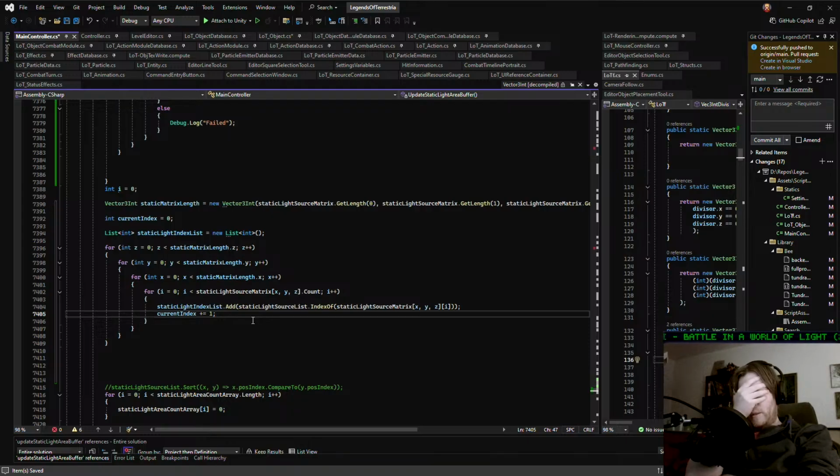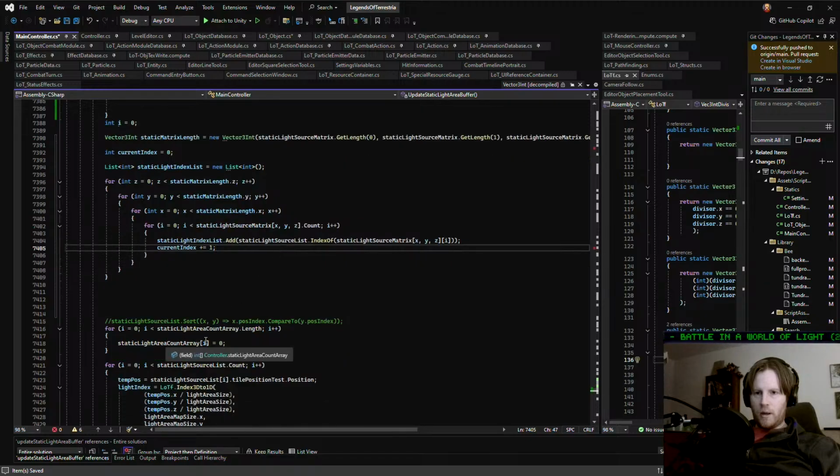So the current index, yeah, and then we need